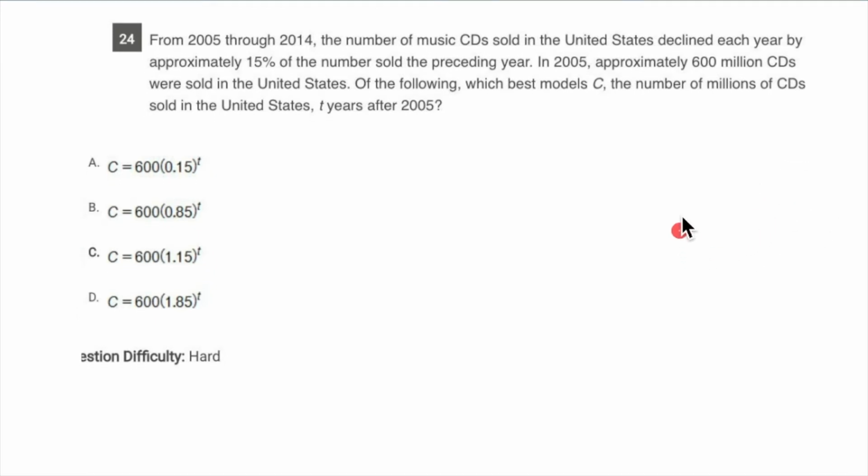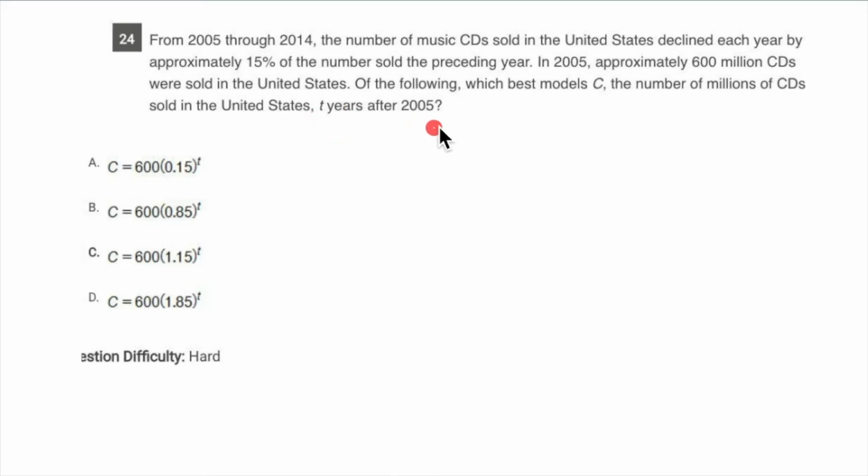This is an exponential decay problem. Let's just read it. From 2005 through 2014, the number of music CDs sold in the United States declined each year by approximately 15% of the number sold the preceding year. In 2005, approximately 6 million CDs were sold in the United States. Of the following, which best models the number of millions of CDs sold in the United States after T